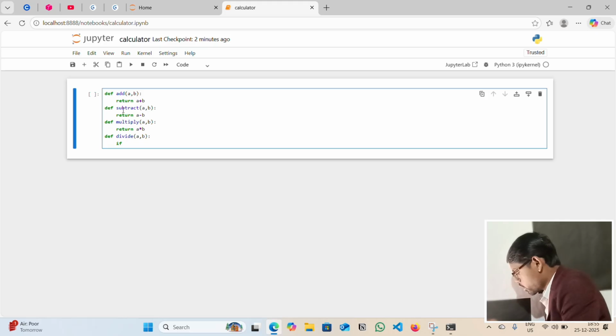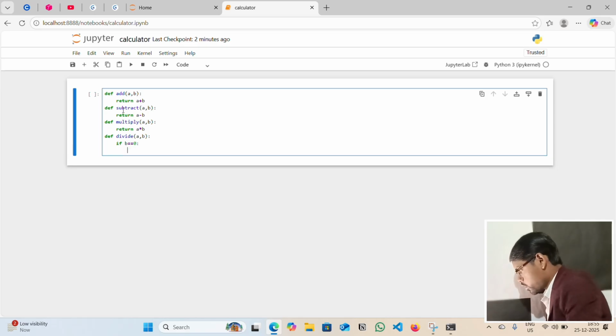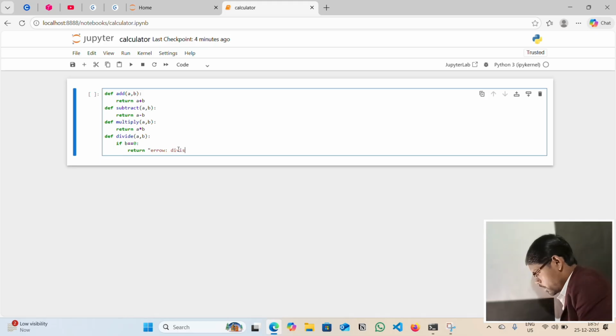So use if b equal to 0, return the error, division by 0.